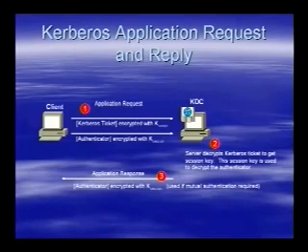And I'm just reading off the slides because I don't know how else to do it right now. But essentially what happens is there's a number of transactions that happen. You have shared keys between the client and the trusted third party. You have a shared key between the trusted third party and the application server. And there's a number of transactions that happen back and forth, and how it's encrypted and how somebody gets the